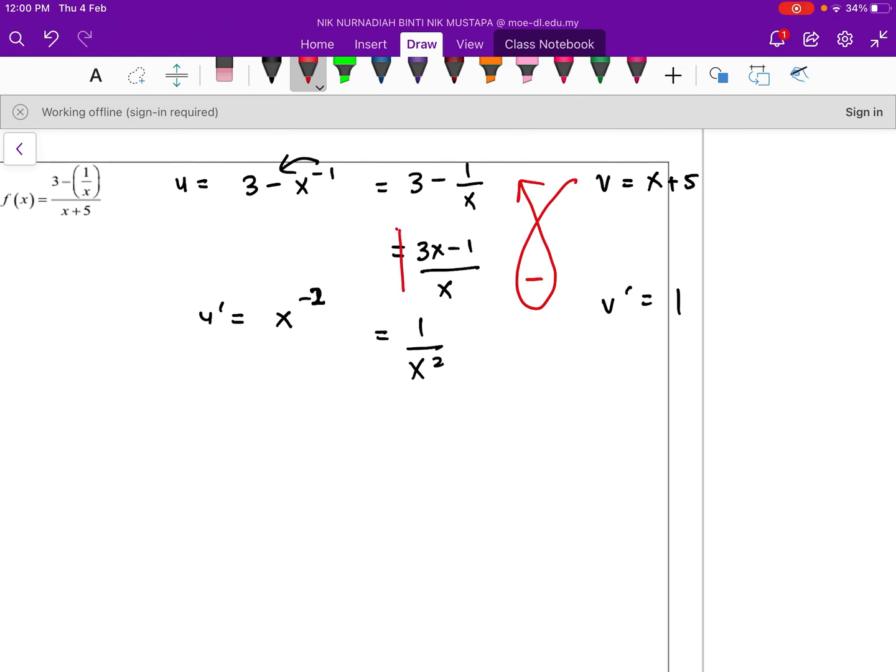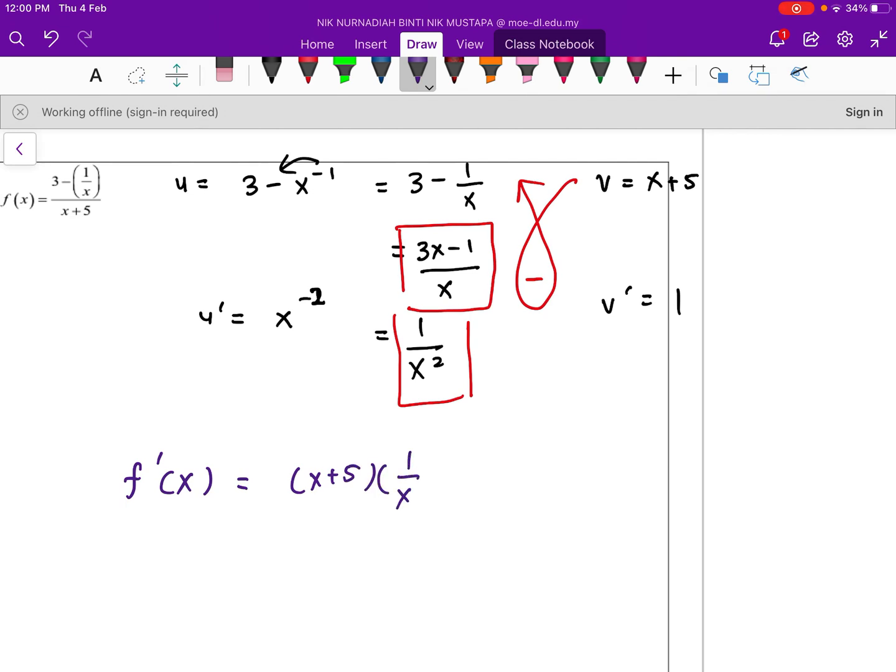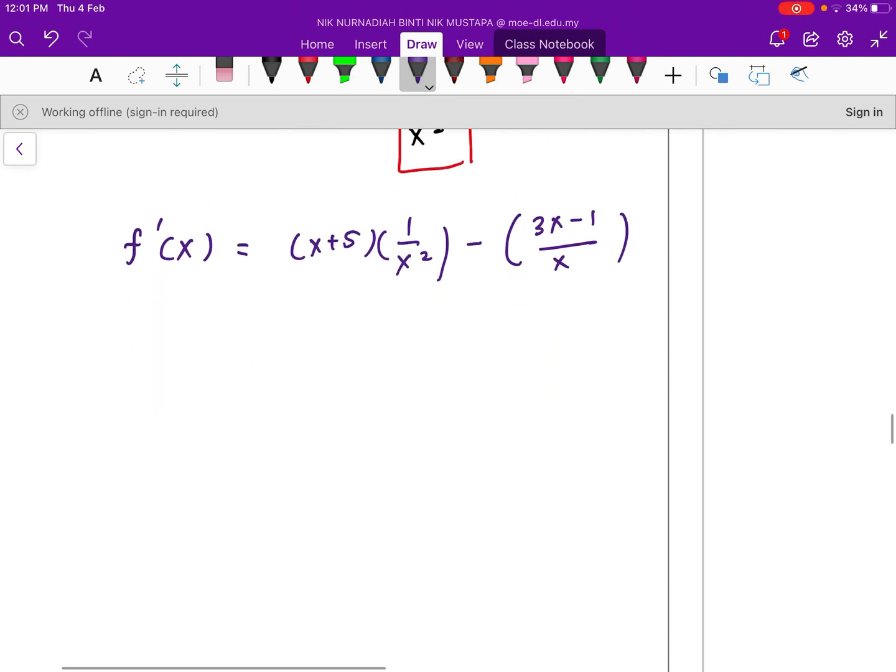Okay, so apa yang kita masukkan, our U prime kita akan masuk this one dalam calculation nanti, dalam formula. Our U prime kita masukkan this one. Okay, yang dah kita jadikan dia dalam bentuk pecahan untuk memudahkan pengiraan kita. So our f prime x is equal to VU prime, x plus 5 times 1 over x squared, minus 3x minus 1 over x multiply by tu dah kan? Betul tak? Betul. Okay, so daripada situ